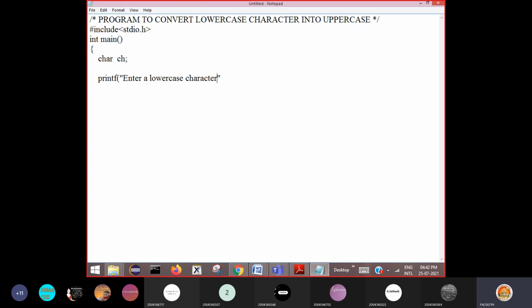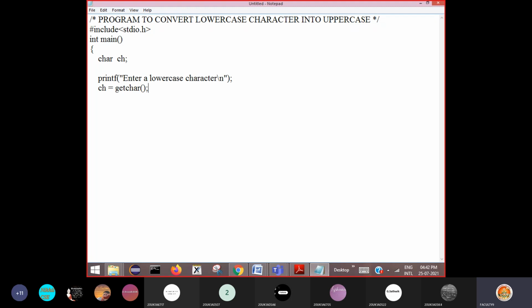Clearly give a message to the user to enter a lowercase character. He enters, and you can read in two ways. The first one is using the getchar function, say ch equals getchar. Since it is only one character, without using a format specifier, you can read this way.